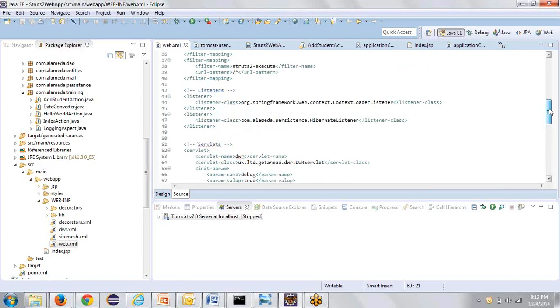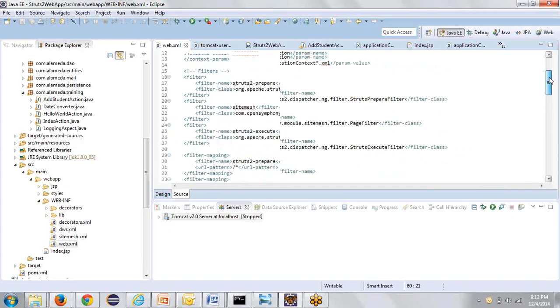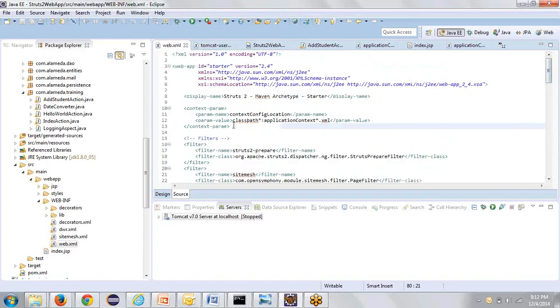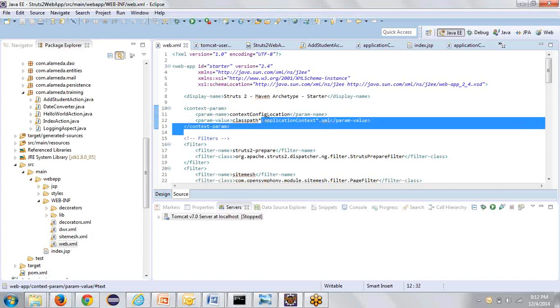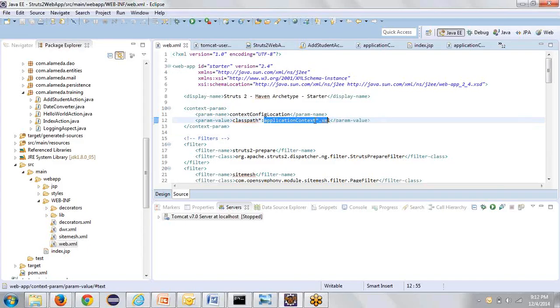In the web.xml, we define the application context .xml file here in the context param, right? So which means that we are telling Spring that all the application configuration, like all the bean configuration, is there in the application context file. So it can be anything, application Raghav, application Sai, or anything. So any name, load all the beans that start with application context, and load all the beans with that particular name, right? So it will load all the beans and store it in the Spring container,